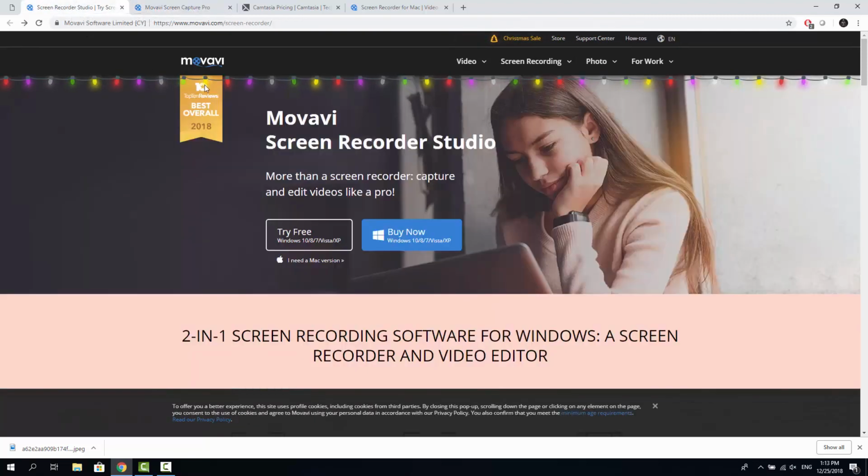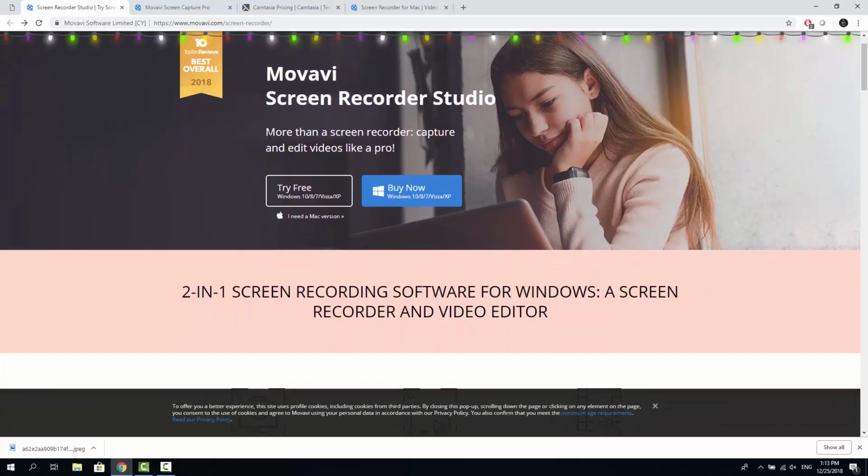The price of MOVAVI Screen Recorder Studio is significantly cheaper to that of Camtasia, and it's only $60 per license,